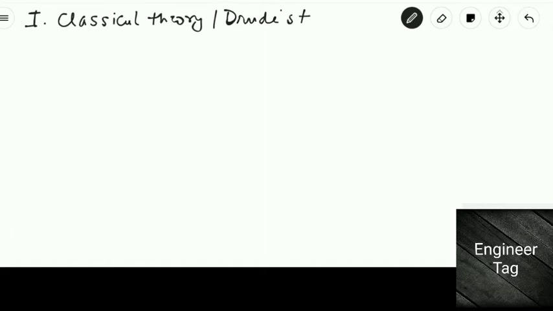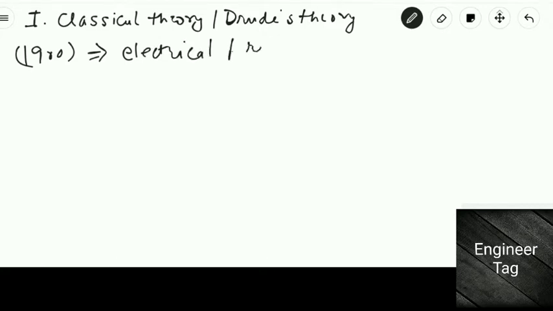This is after scientist Drude, who gave this theory in 1900. Okay, he used this theory to explain the electrical properties of metal. He used this theory to explain the electrical properties. Okay, so according to his theory, he considered that the electrons,